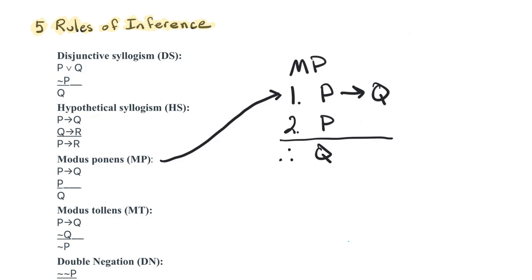Just like the disjunctive syllogism, let's start with the second premise. If the second premise is true, that means P is true. If P is true in premise 1, and the whole statement is true, then Q can't be false, because that would make the statement false, so Q has to be true. Well, you just showed how Q follows necessarily from the truth of premise 1 and premise 2. Now let's take a look at it in a derivation problem.